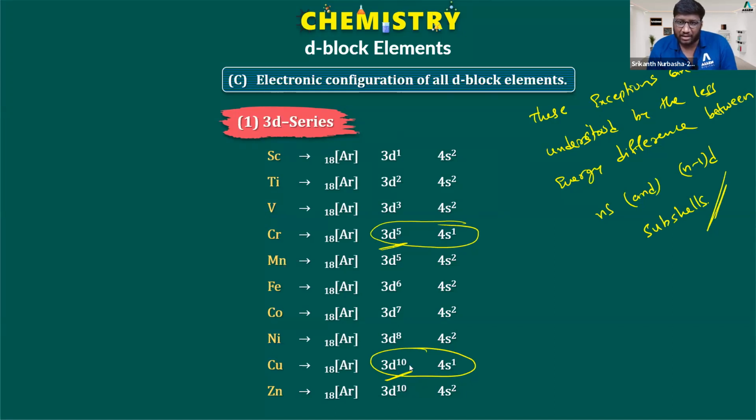But it doesn't mean that if there is a stable electronic configuration, the electron has to excite. The electron can excite only if the energy difference is very low. The 3d and 4s, this is ns, this is n minus 1 d. Between ns and n minus 1 d, the energy difference is less. That is why the electron can excite, and that is why you can have this exceptional electronic configuration. Write down this. All of you note down where you have the exception. Chromium and copper, you have the exception cases. If you are done noting the exception parts, please let me know. I'll proceed.